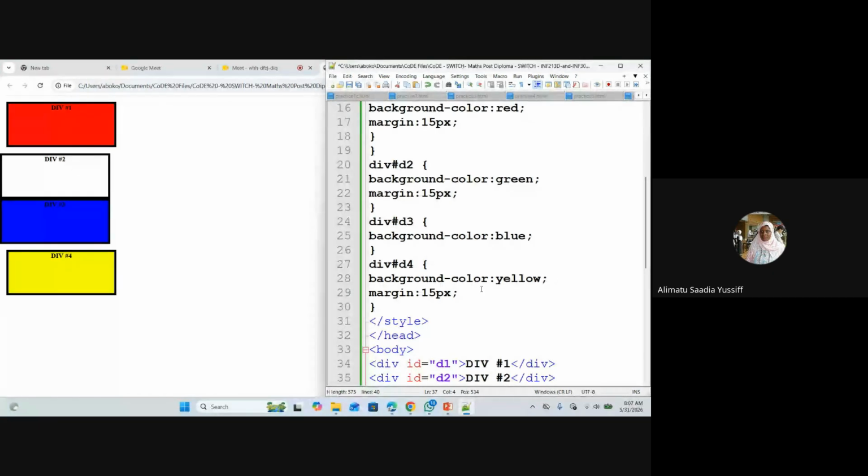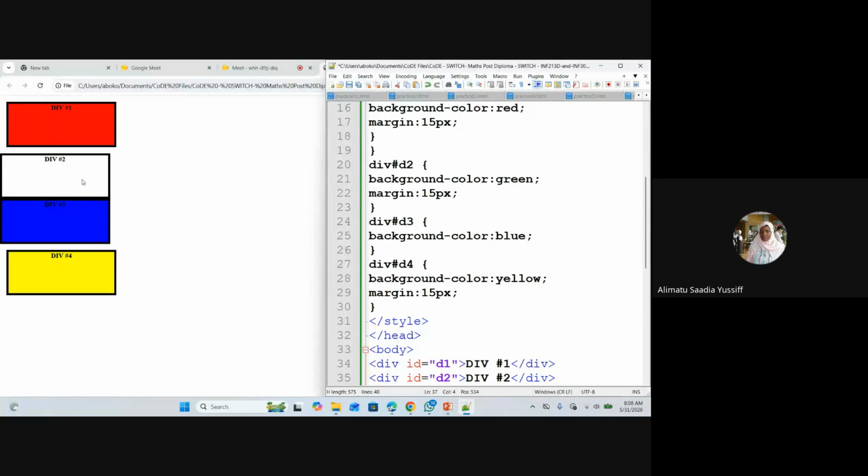Know how to set your background color in CSS. And then margin 15%. So now look at in between the D2 and then D3. Do you see space between them? No space in between the